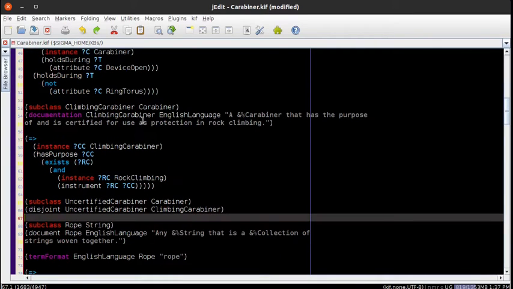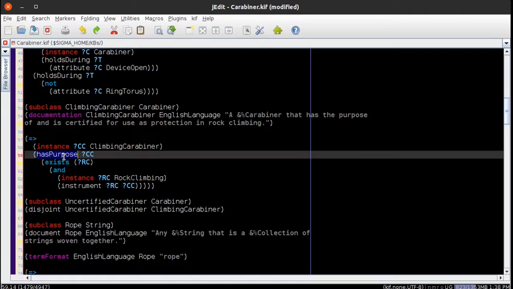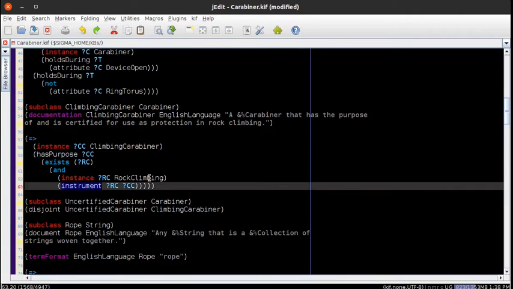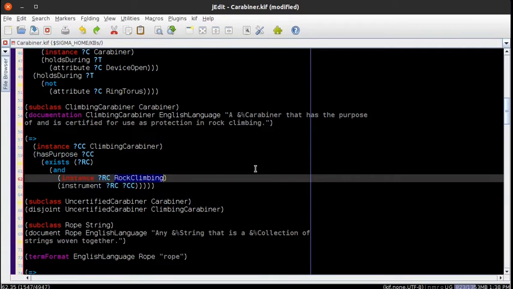In addition here, I added, just recently, the notion of a climbing carabiner. There are carabiners that you'd use to, say, clip your keys to your belt loop. Those don't have a climbing rating, a strength rating, and so we want to clearly distinguish the notion of a climbing carabiner from other carabiners. A climbing carabiner particularly has the purpose of being used in an event where the event is a rock climbing event. So it has the purpose here, you can see, of being used as the instrument in an instance of the class rock climbing.